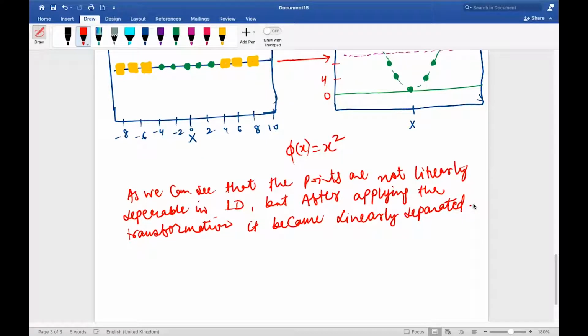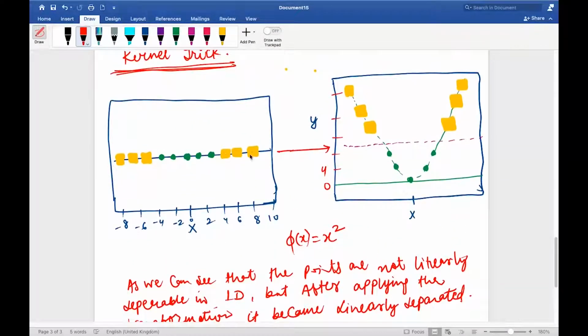or a new dimension, was added to our feature space. So basically this is our feature space. A new dimension was added to our feature space, and the two classes we had became linearly separable. Yes or no? Correct? Now, if somehow we get this function, I can transform any given data set into higher dimensions and separate it. Yes, no?